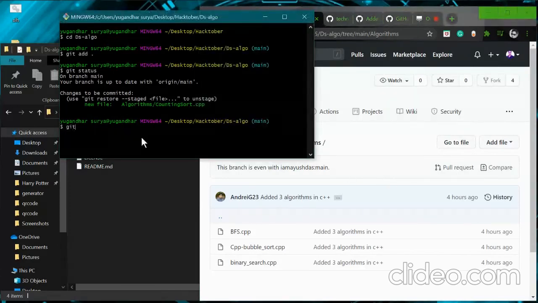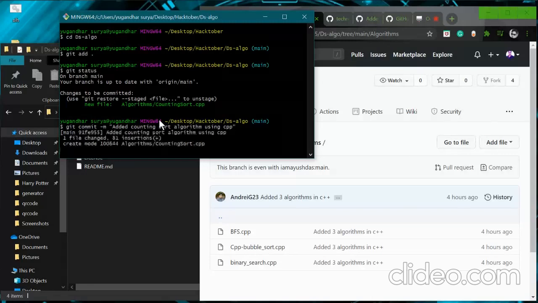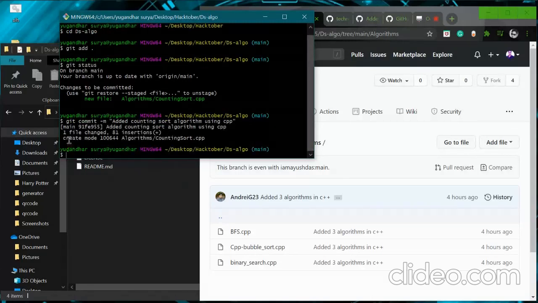Just use git commit -m and write a useful comment, and I will add: added counting sort algorithm using CPP, and just commit it. And as you can see, you have created a folder in this repo, and you have changed one file, and the insertion is 81 lines of code.